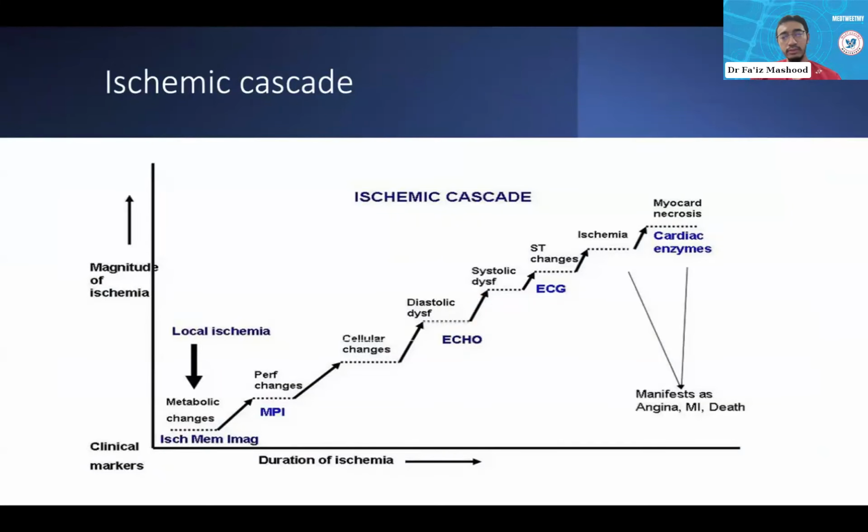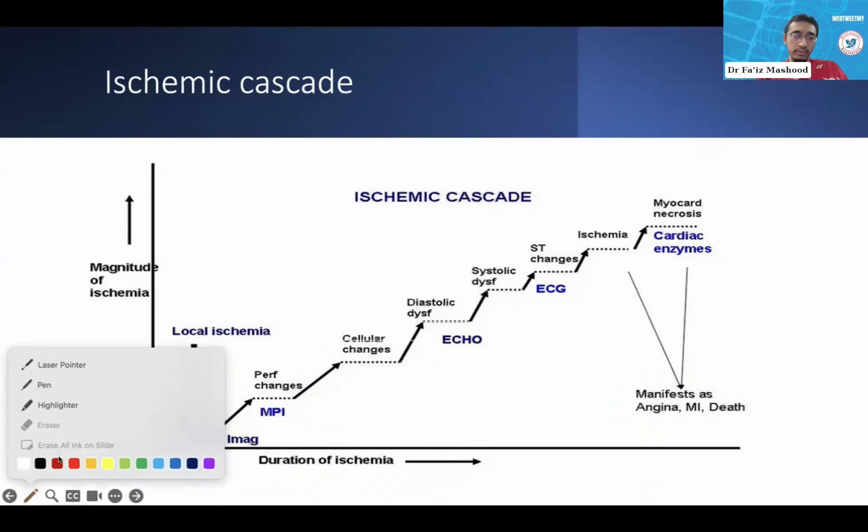It's good to know that the ischemia process starts with metabolic changes, followed by perfusion changes, and then changes at the cellular and tissue level. Only after that can we see diastolic dysfunction and systolic dysfunction, and afterwards we can see ST-T changes on the ECG, and only after that we see ischemic symptoms, at this level, in which the patient